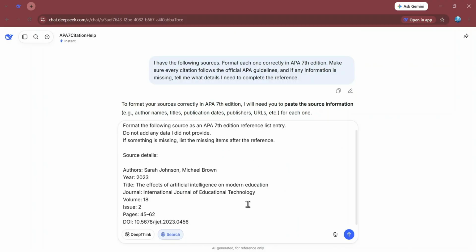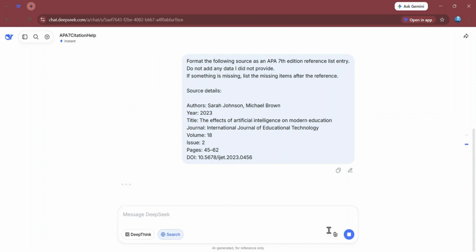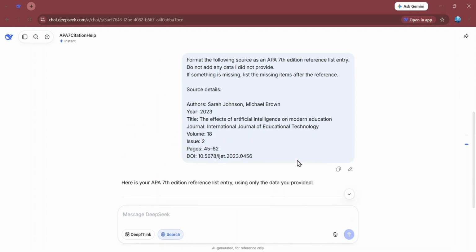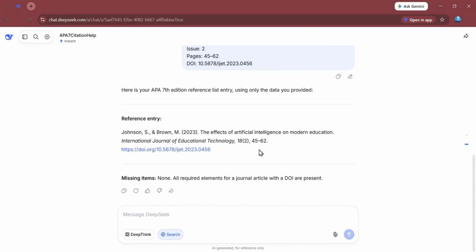I paste in the detailed metadata for a journal article, including the author's, year, title, journal name, volume, issue, page numbers, and DOI. Once all the information is correctly pasted, I click the blue upload arrow button to submit the detailed prompt. The platform processes the information quickly, and a reference entry generates completely, along with an indicator showing that no components are missing. I highlight a small section of the text output to review the generated APA 7th edition